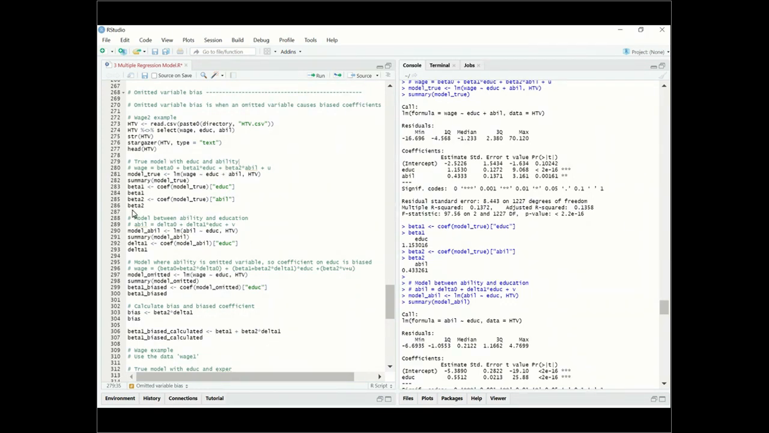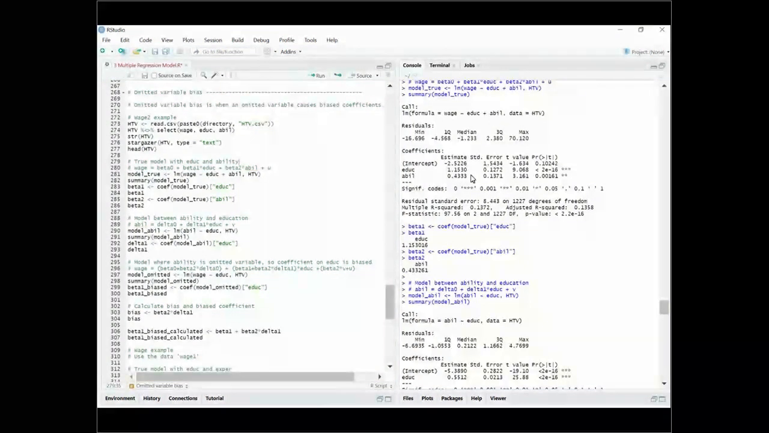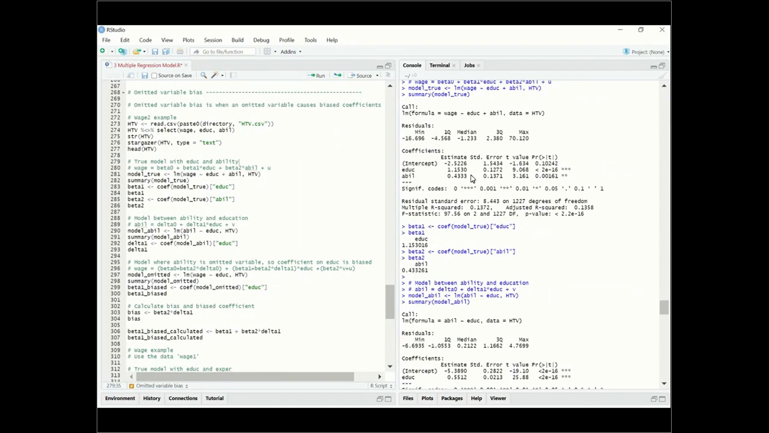So again, notice the coefficient on education is 1.15, showing each additional year of education increases wages by $1.15. And this is the coefficient on ability. So now let's assume that we do not have